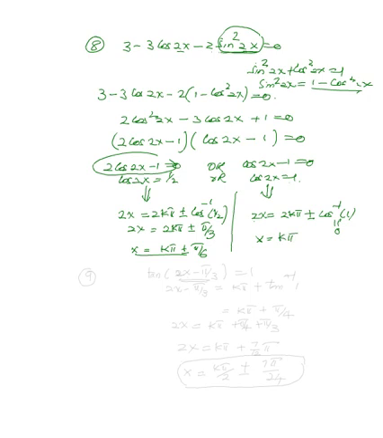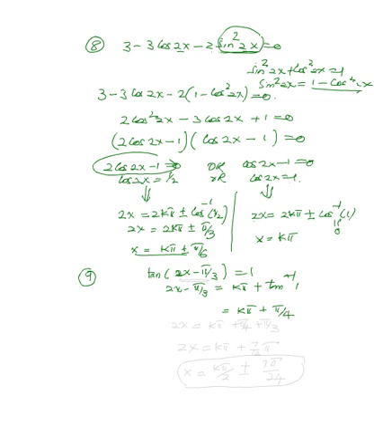Let's look at another example. Although it is a little unrelated, it is in relation to solving trig ratios anyway. Let's say tan of 2x minus pi over 3 equals 1. And how do we solve this equation for x? So again, if you use the general solution, 2x minus pi over 3 is supposed to equal k pi plus tan inverse of 1, which in fact is k pi plus pi over 4,